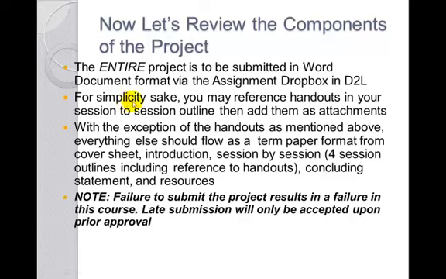So again, for simplicity's sake, in your Word document you would have your cover sheet, and then your next page, your introduction statement, and then you'd have session to session, so 4 sessions. So then you would have all the outlines for each of your sessions. Okay, let's back up. You'll have a Word document that will start off with your cover sheet